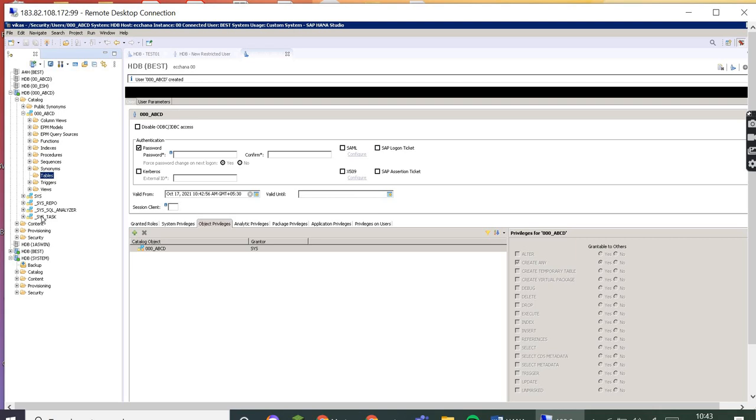So, sir, whatever the user saves, it will be saved in the schema, right? Whenever we are creating any user, one space will be created with his name. You can consider it as a folder, and this folder contains these many objects. So if this user AB00ABCD creates a table, it will automatically be saved into his schema. And when we delete the user, the schema will automatically be deleted from here.